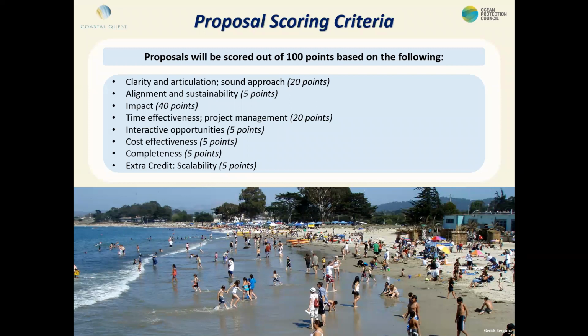The next category is cost effectiveness, which is just putting together a budget that's appropriate for the project described. And then completeness is looking at the application being complete. And then we do have an extra credit category where we're looking for projects that might have a ripple effect and provide tools or knowledge to others in the broader community, and advancing the field into new areas or building collaborations with other entities.